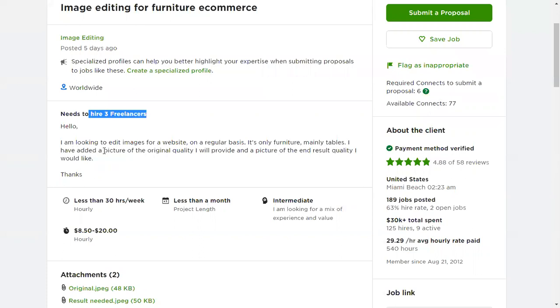And this says that I'm looking to edit images for a website on a regular basis. It's only furniture, mainly tables. I have added a picture of the original quality. I'll provide a picture of the end result quality I would look for.